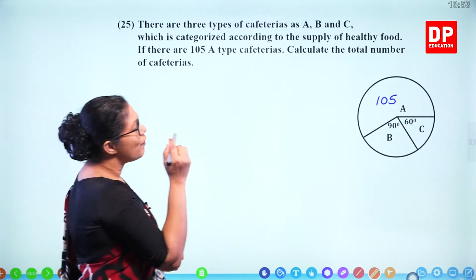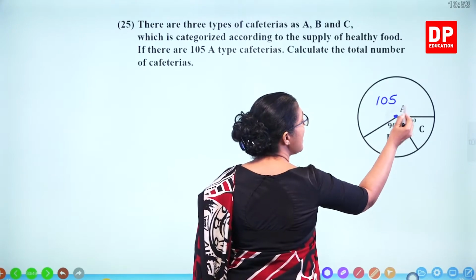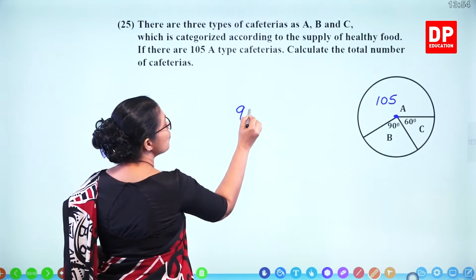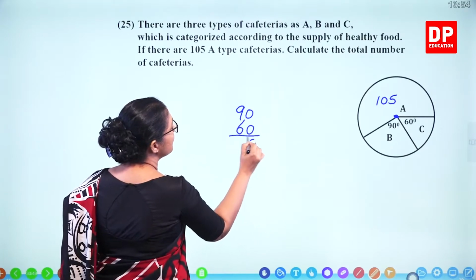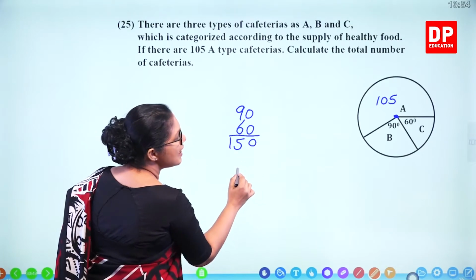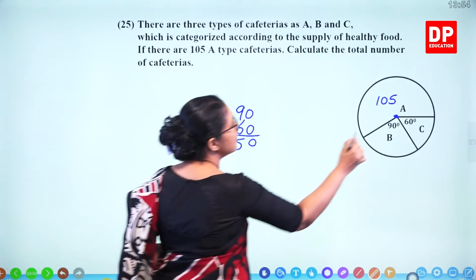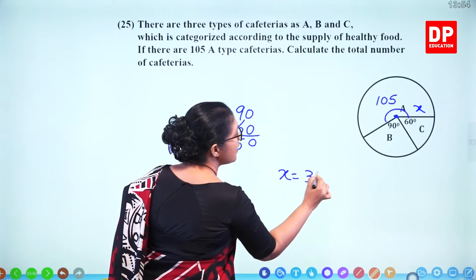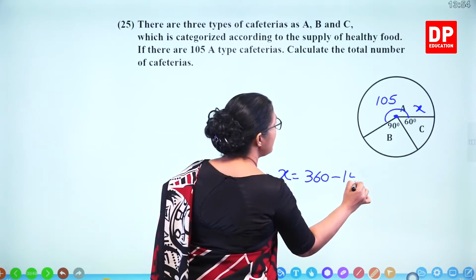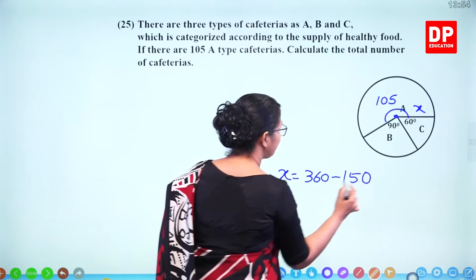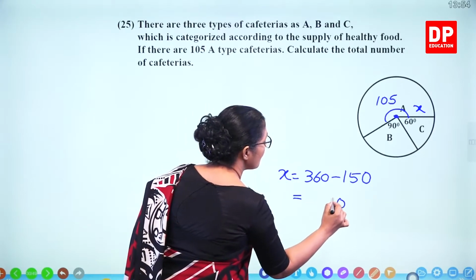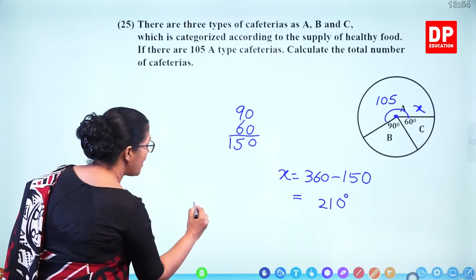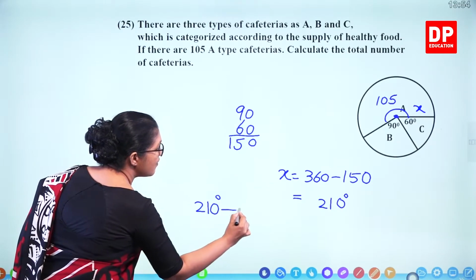So first we need to find out the angle. How do you find out this angle? We know around a point is 360. So 90 and 60 becomes 150. So what is this angle? We put x. X is equal to 360 minus 150, which is 210. So 210 degrees represent